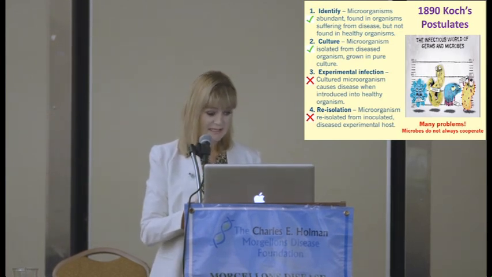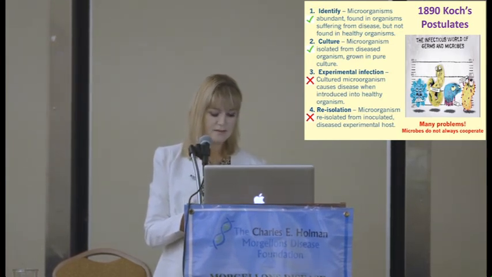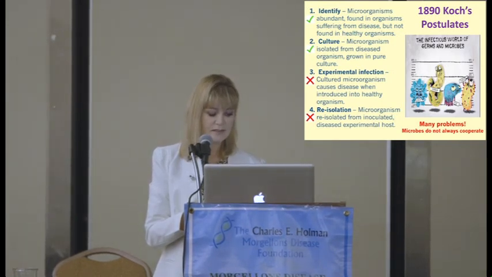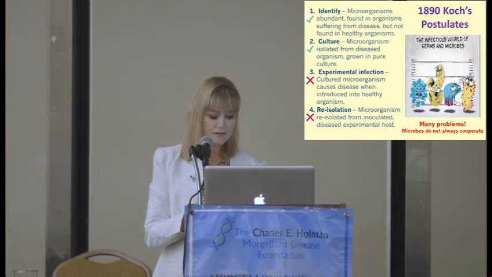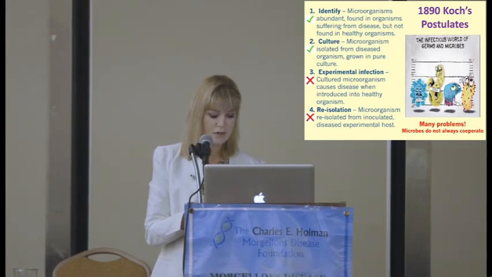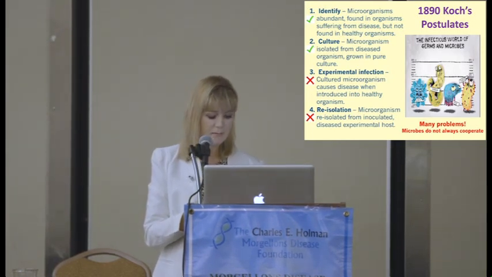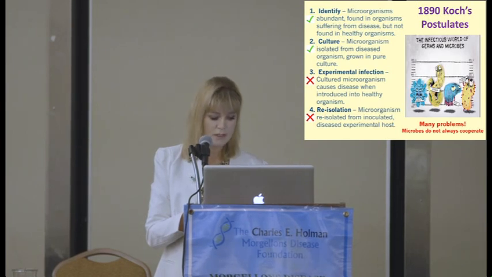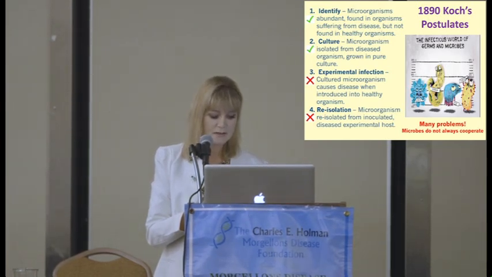These date back to 1890. One, the organism must be found in abundance in all organisms suffering from the disease, but should not be found in healthy organisms. Two, the organism must be isolated from a diseased organism growing in pure culture. Three, the cultured microorganism should cause disease when introduced into a healthy organism. Then four, the microorganism must be re-isolated from the inoculated, diseased experimental host and identified as being identical to the